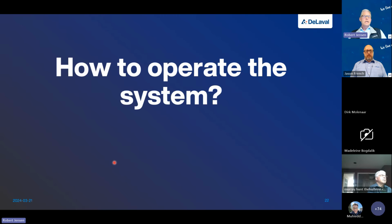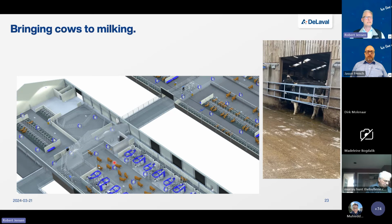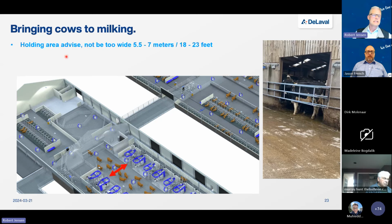And how does Klaus operate his system? And I think this is one way of doing it, and there are many ways of doing it depending on how the configuration is set up and so on and so forth. But this is one way. So when we bring cows to milking, and I do not necessarily start on talking about how to do it, but this is the experience that is